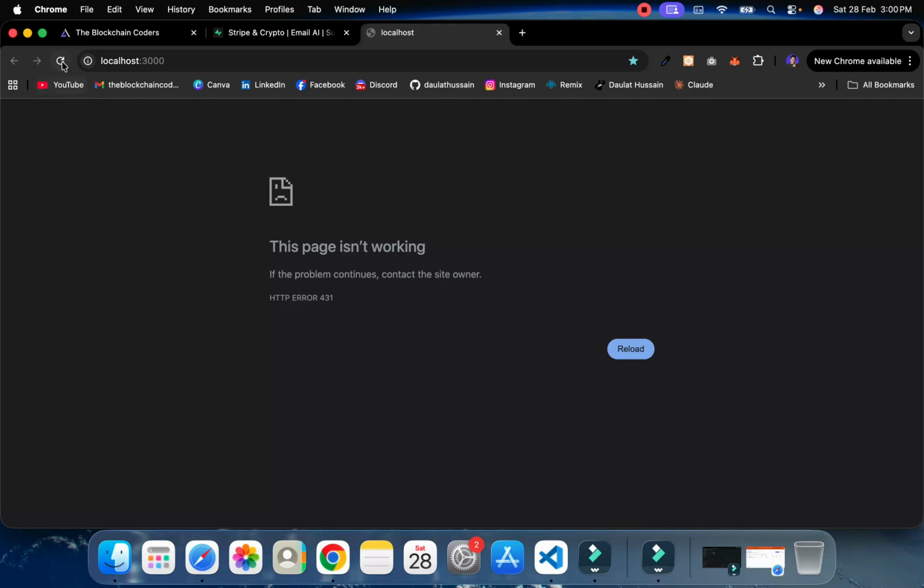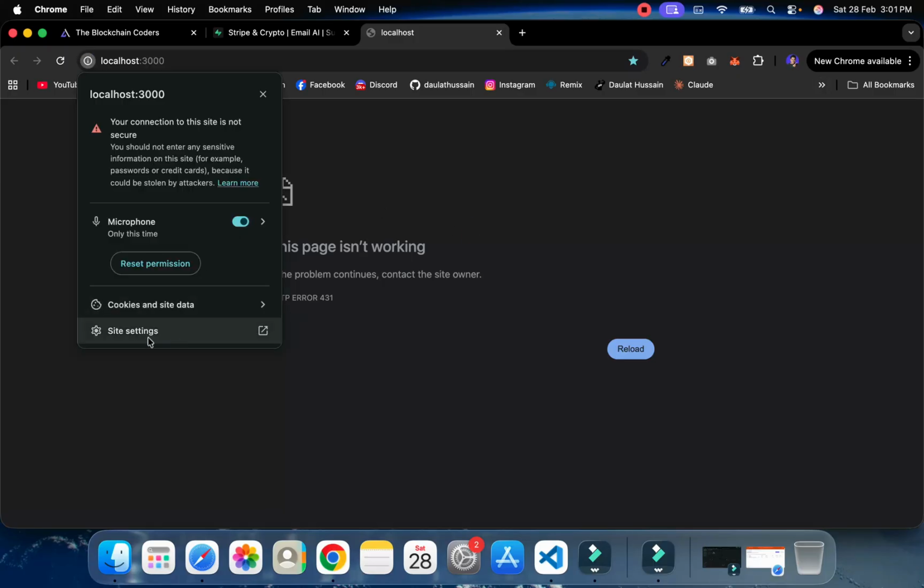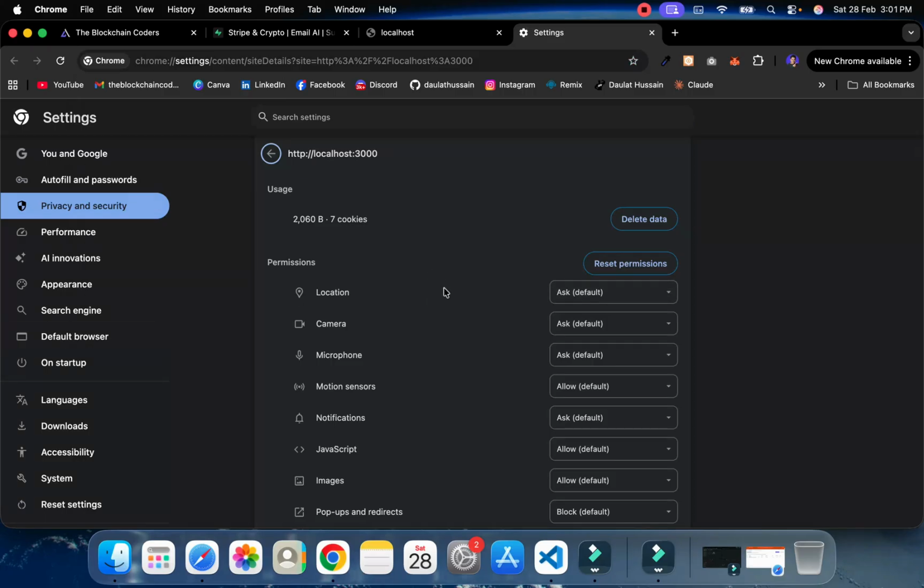It's giving me this particular error. So not a problem. It's happened in the development environment, giving me this error. You can simply click here. You will come back here, click on this settings. It will open it here, and here you have to simply delete all of this data because I have testing